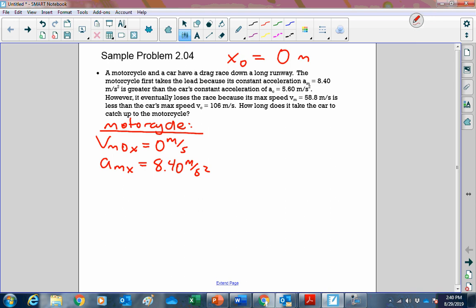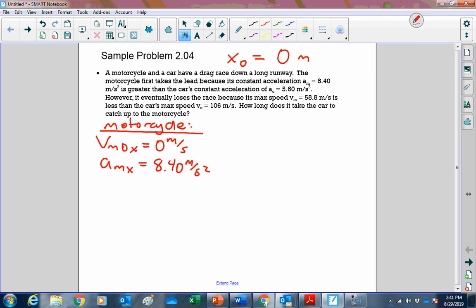Well, when you reach this kind of problem, you're going to say to yourself, how many of these numbers am I really going to use? Is some of this information just there as background, or how much of it am I going to check at the end? So here, my assumption is that the motorcycle takes the lead. It will get to its maximum speed and then have to just go at that maximum speed, while the car is going to accelerate for a greater amount of time